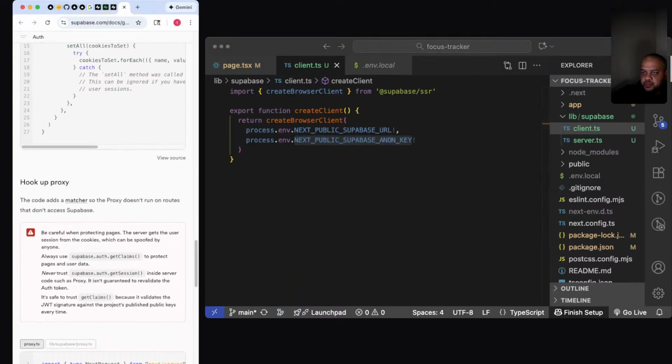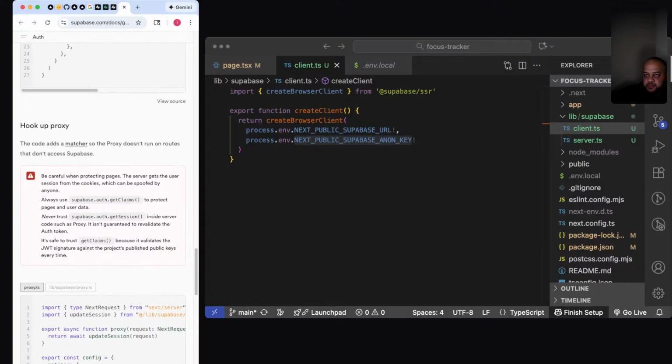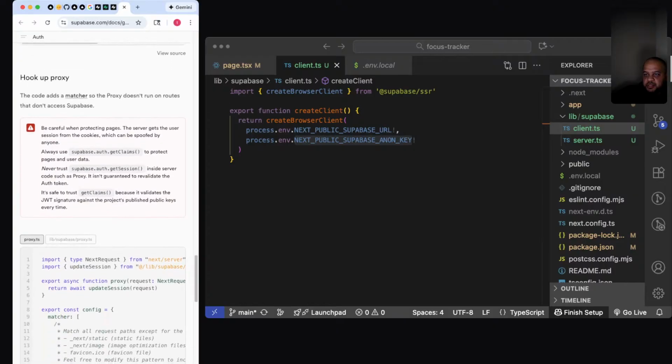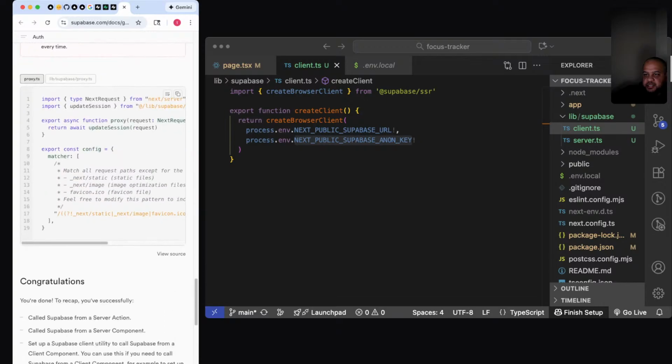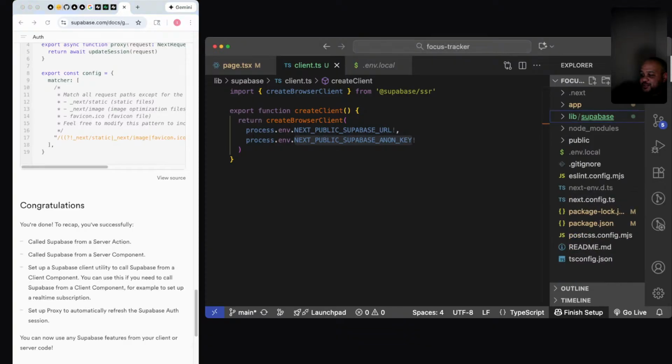Next, look up proxy decode, add some matcher to the proxy, so the proxy doesn't run on routes that don't access Supabase. Need to come back to this proxy.ts. Congratulations, you're done. You've completed the walkthrough. Let me say it that way. So let me